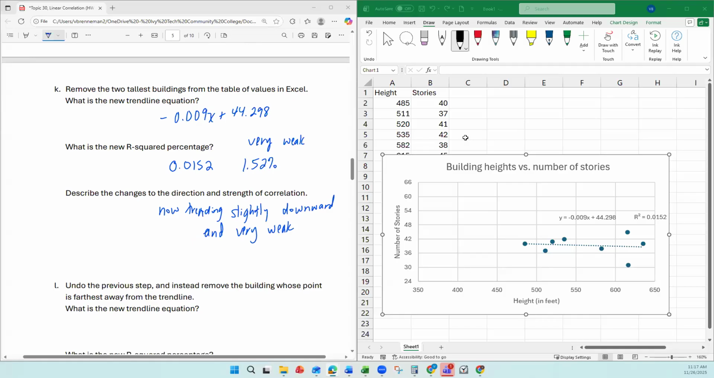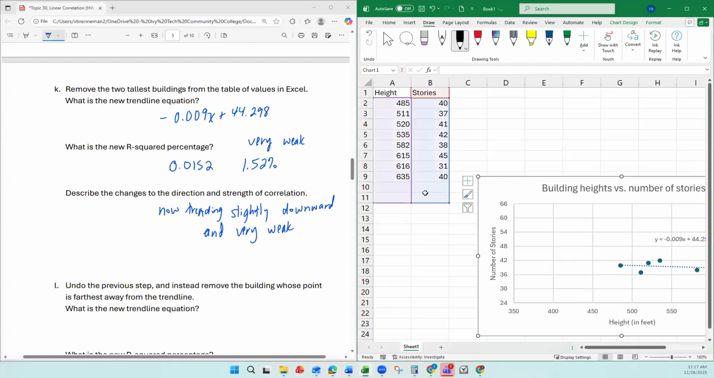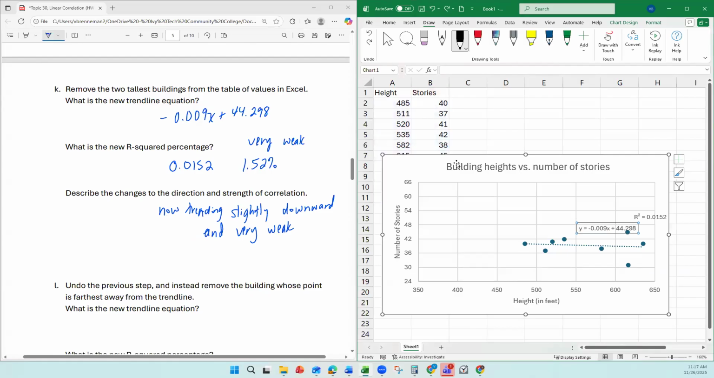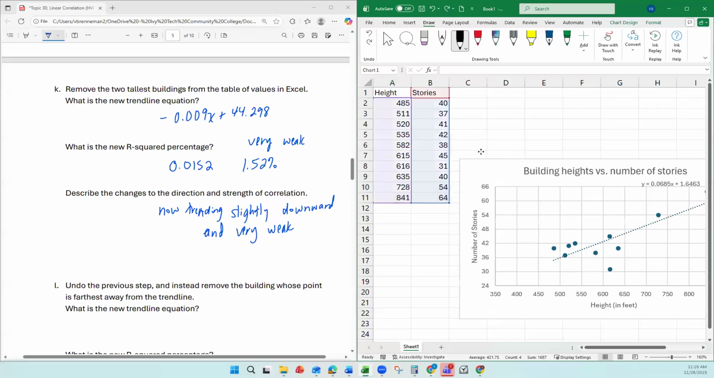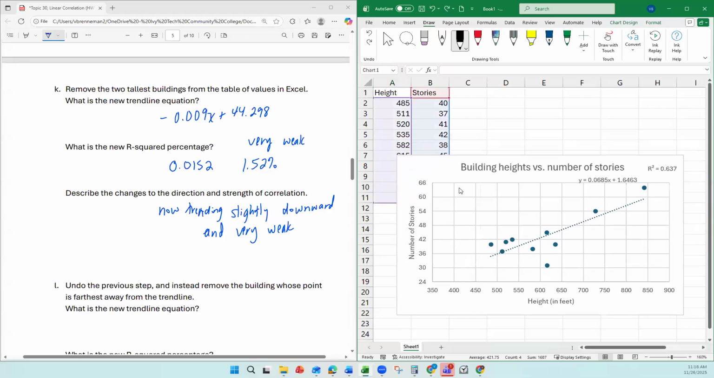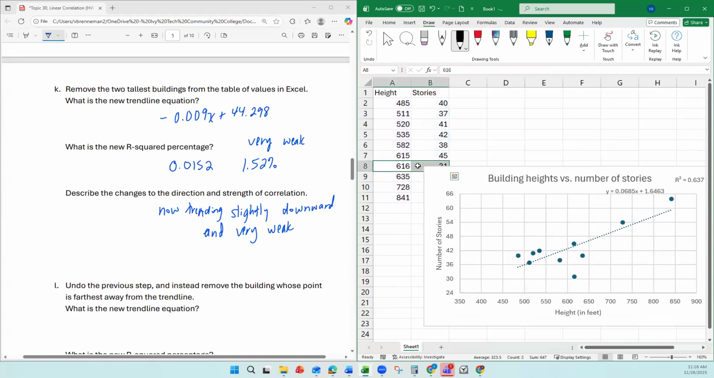All right, so now I'm going to go back in and undo. So just do a little Control Z here. Back. All right. So I have those points back. Now I'm going to look at what happens if I take away the sort of most outlier building, which would be this one here. So this is the 616. If I hover over it, it'll tell me. Yeah, 616.31. So if I take that one out,